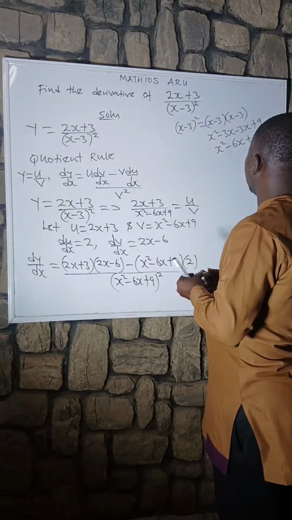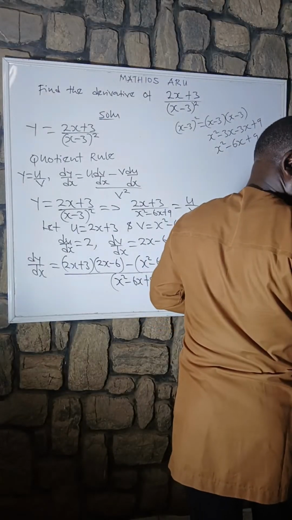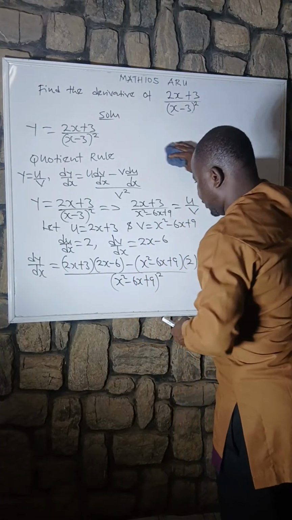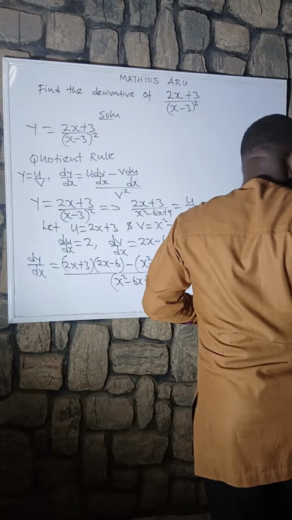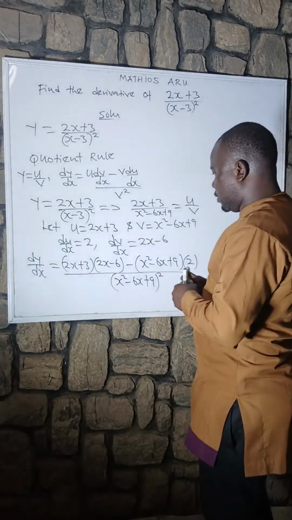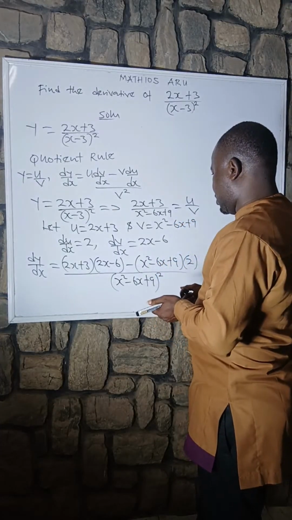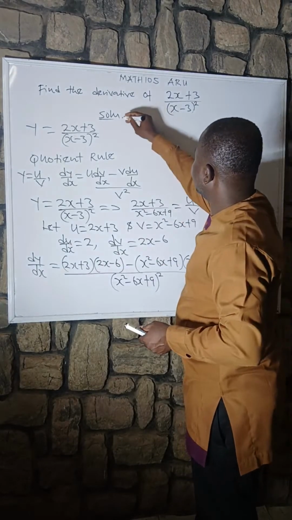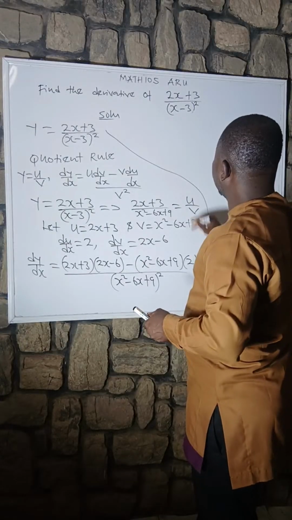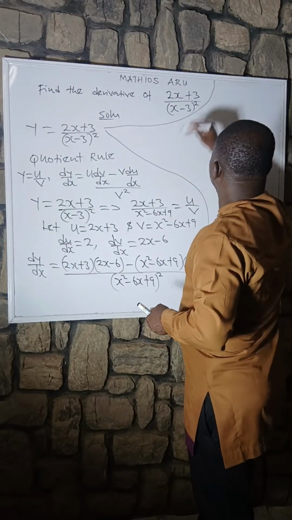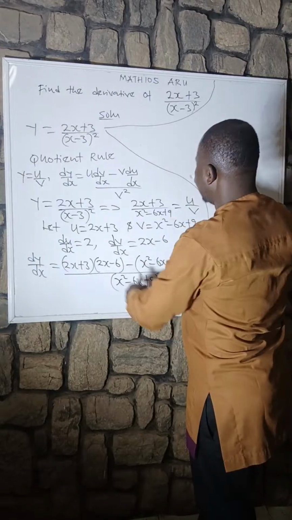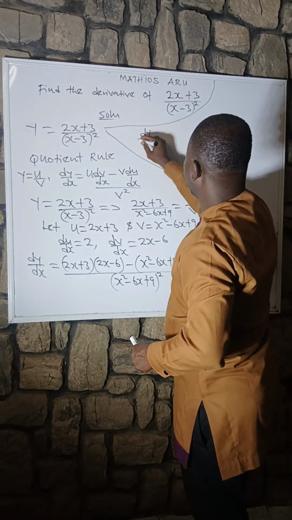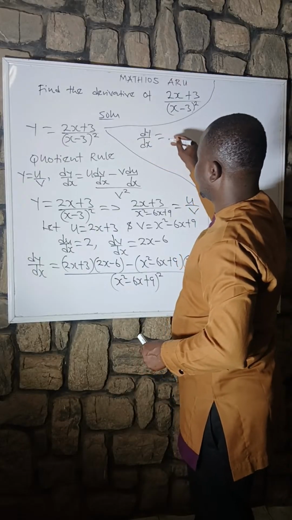But if you want to move further, no problem. Let us proceed. So far so good. Let's multiply this out. If this times this, we are going to have dy over dx is equal to